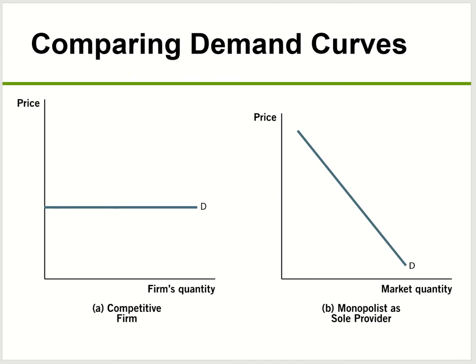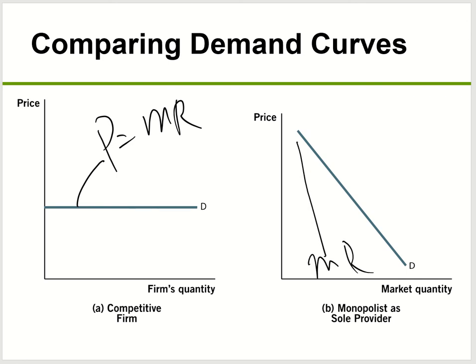So if you compare the demand curve for your company in perfect competition and then your monopoly, in perfect competition, our demand curve is flat. So on this flat demand curve, you will see that your price equals marginal revenue. If you remember from last chapter, this is what you should know. But for monopoly, your marginal revenue curve is always below your demand curve. So for monopoly, the price is always more than marginal revenue. So this is a little difference here.